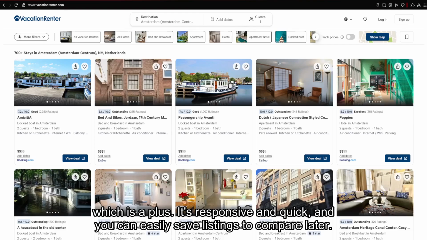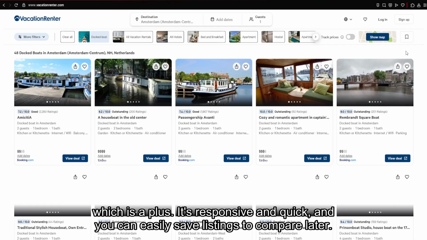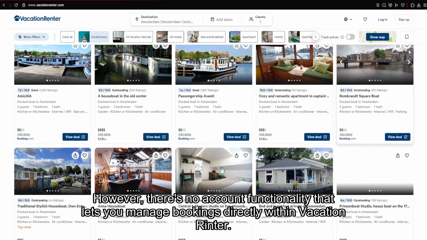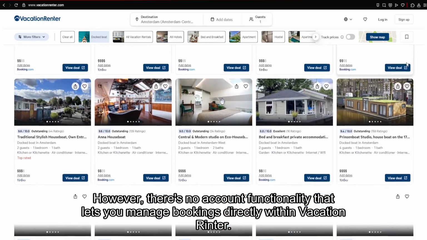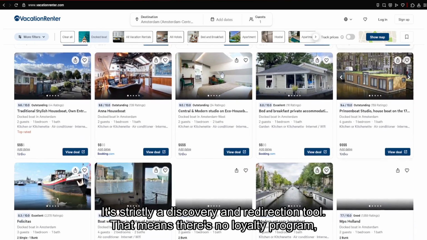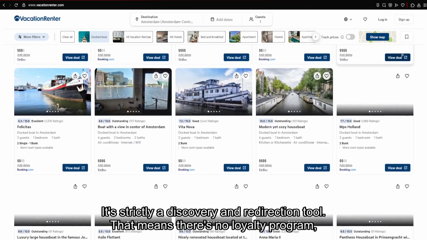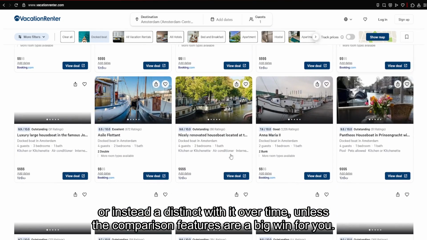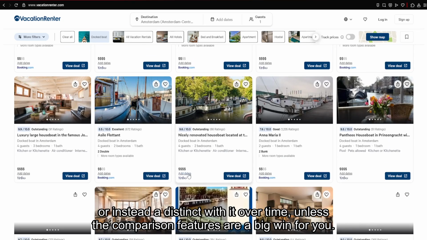It's responsive and quick, and you can easily save listings to compare later. However, there's no account functionality that lets you manage bookings directly within VacationRenter. It's strictly a discovery and redirection tool. That means there's no loyalty program or incentive to stick with it over time, unless the comparison features are a